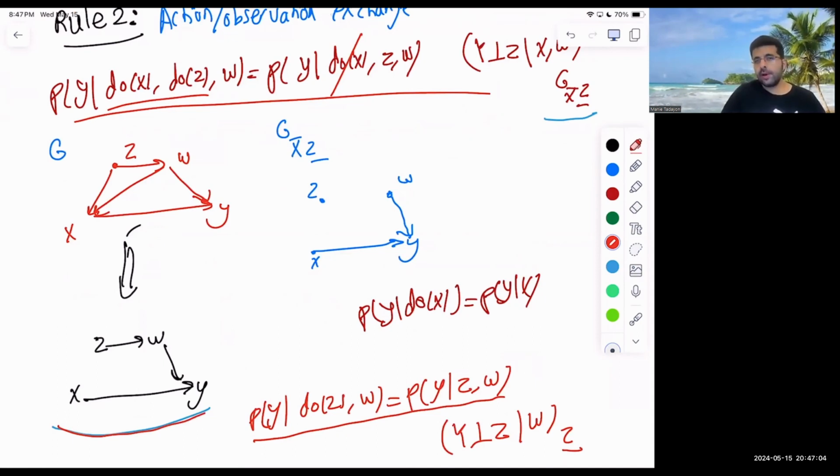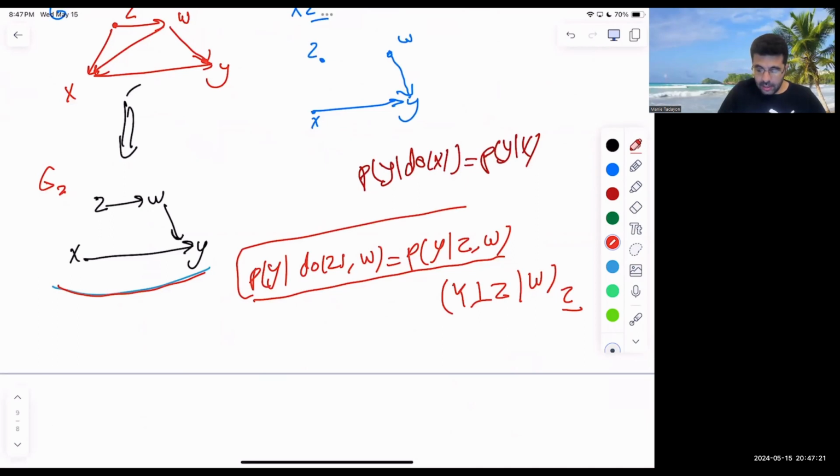You might want to say to yourself, hey, I could say a lot of other things as well. Absolutely. We are trying to stay in the rule of action, observation, exchange. Based on this graph that I have here, this G2, you are able to say that, okay, I can remove do Z and convert it to Z. That's also another way to look at this. If this do X did not exist, if the variable X did not exist, then you can go ahead and say that, okay, do Z is equal to